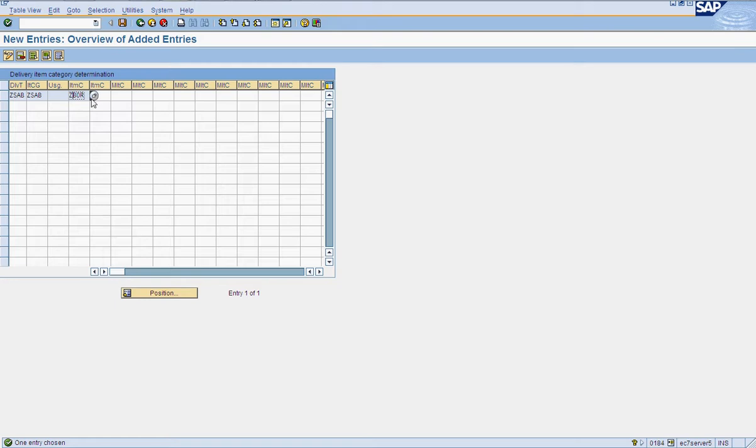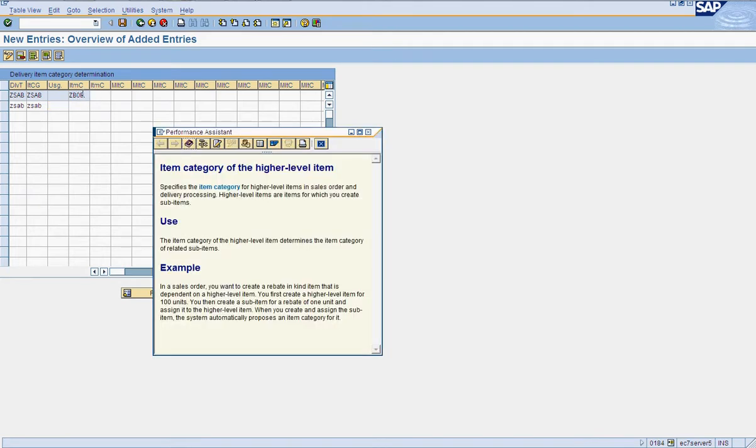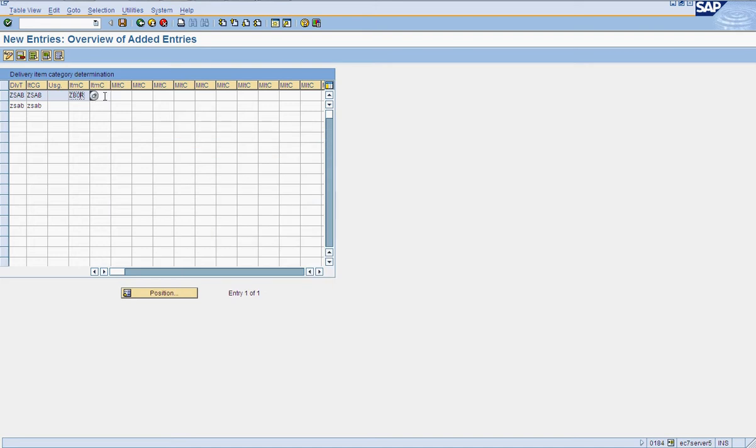And save. Oh, even we have this was higher level item category. ZBOR, it should be here, that is fine.